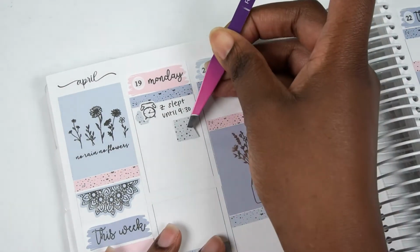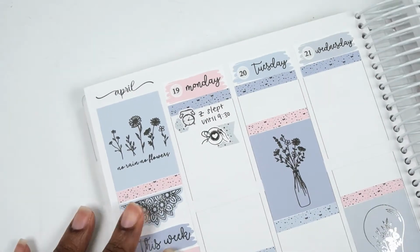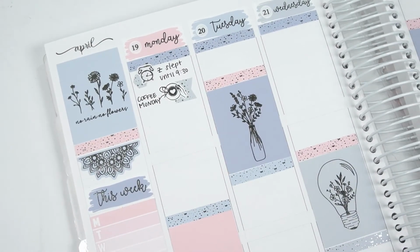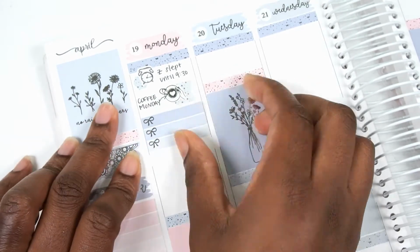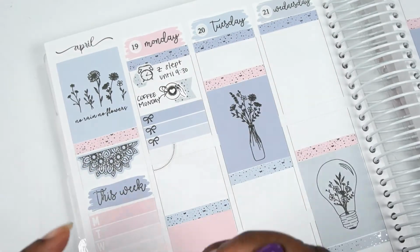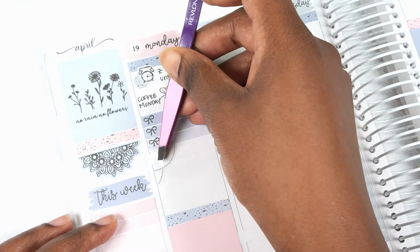And usually he wakes up about 7 a.m., 7:30. So 9:30 was kind of a bonus for us. I forgot to adjust the camera, so it does zoom in and out of focus for a bit. I apologize about that. But I put down another layering piece as a flag, and I put down that coffee